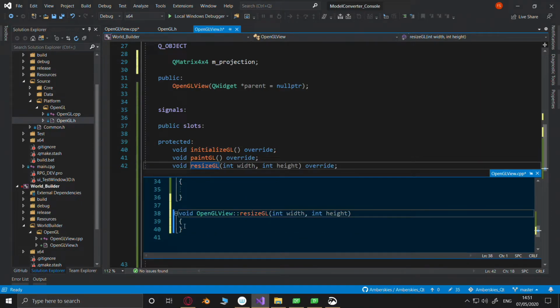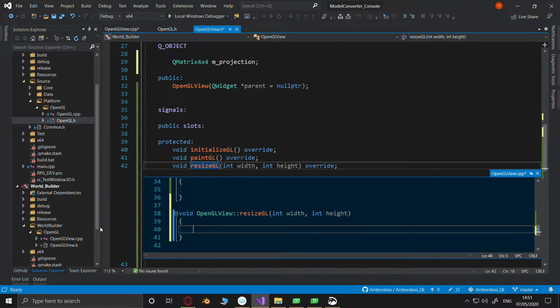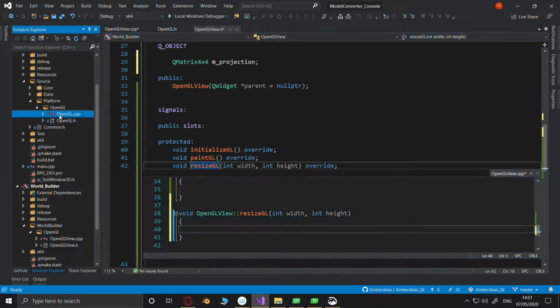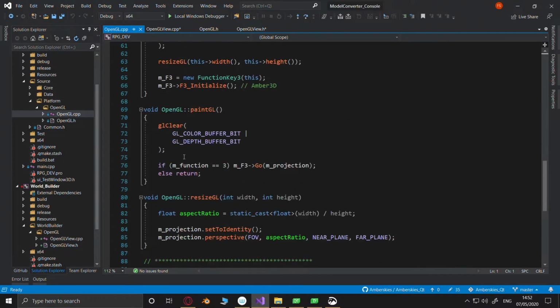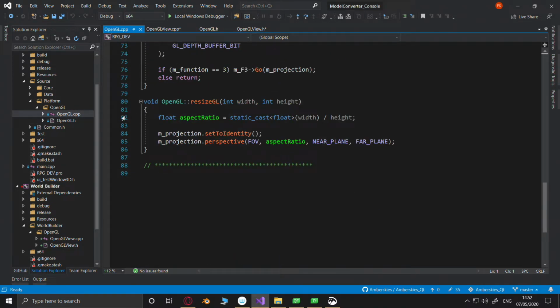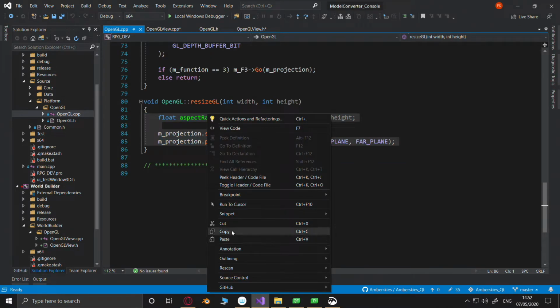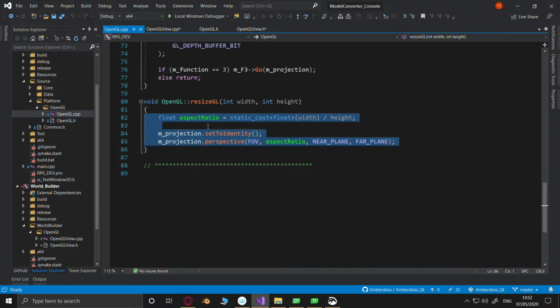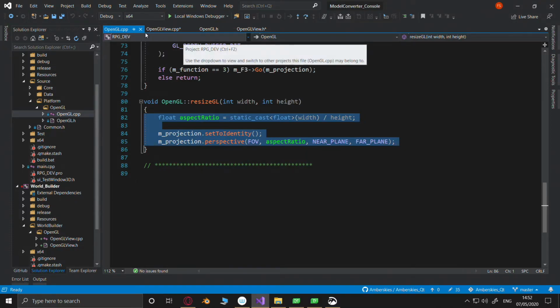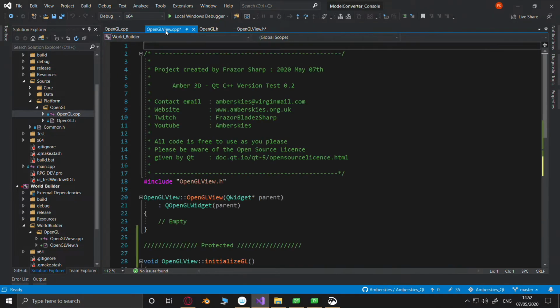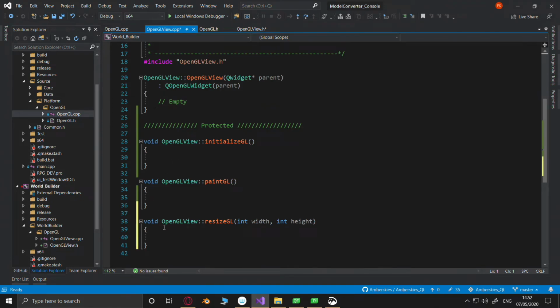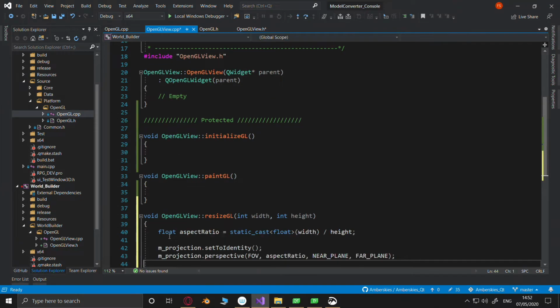Lovely. The resizeGL we can take from here. Because it's the same. We got far plane, near plane, okay. And we need some hash defines.